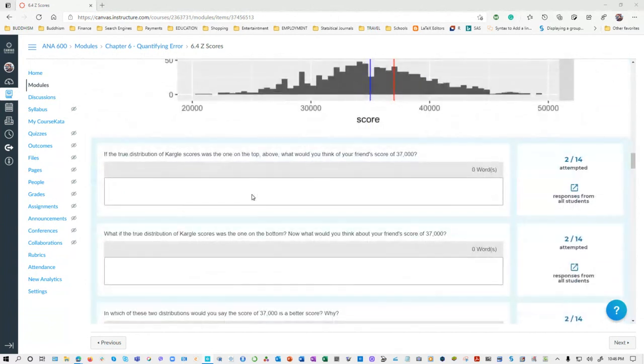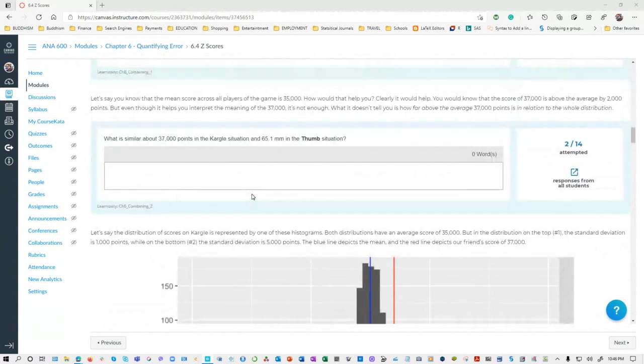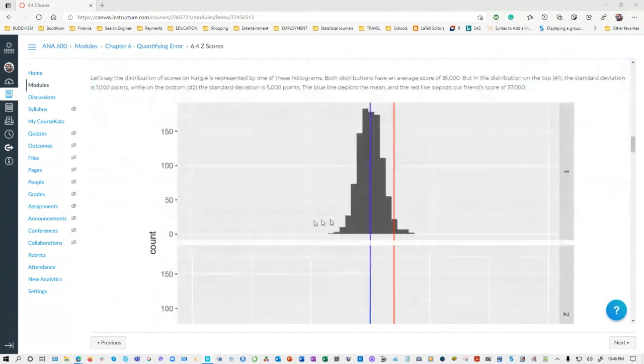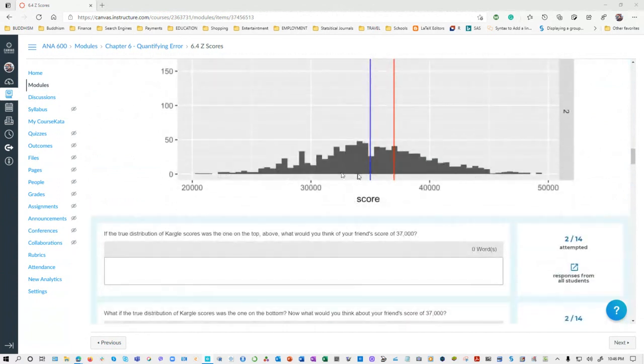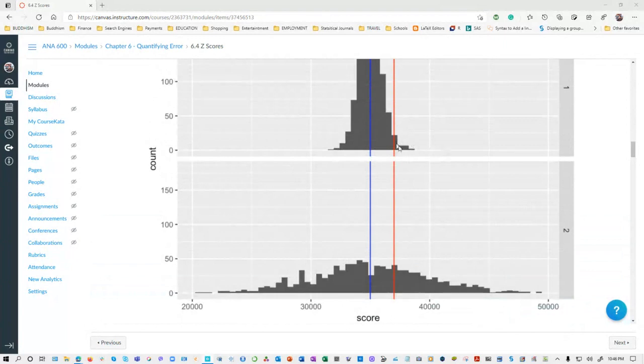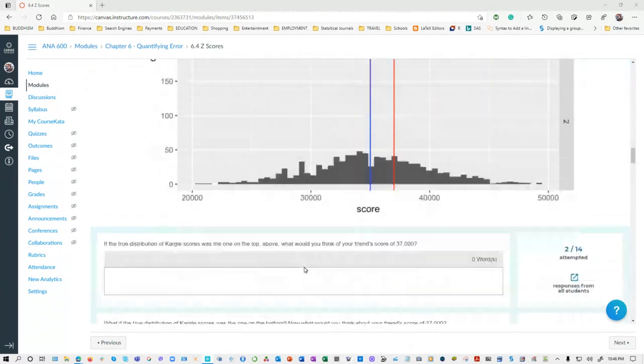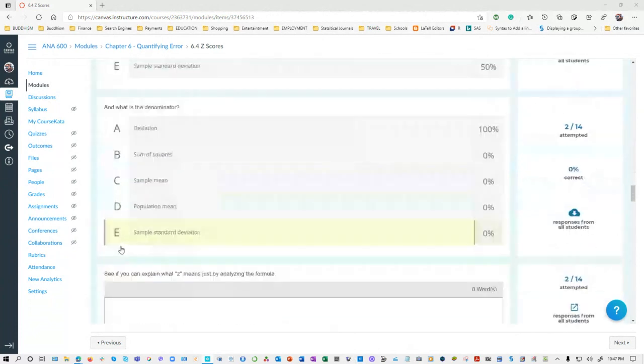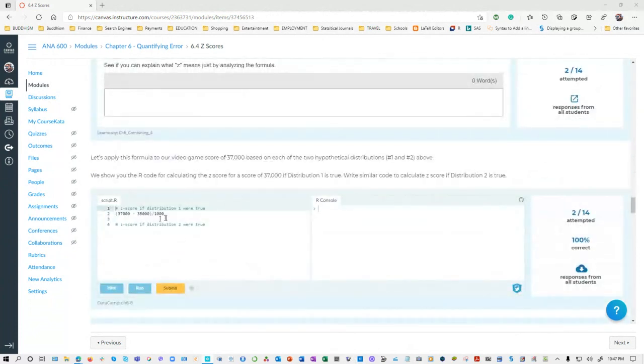Okay, that's another one. It's 1,000. Let me see. Yeah, the standard deviation of one is 1,000, and the other one has a different standard deviation. A larger standard deviation means the spread is far. This is a smaller standard deviation, which is 500. This is the same average, but two different spreads. Okay. So if that's the case, if you want to convert this to a C-score, C-score is the